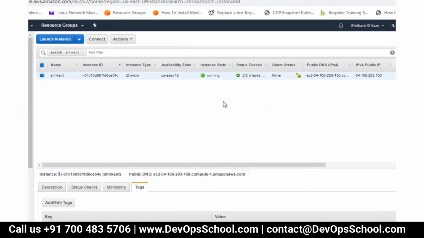So EC2 service will enable you to create an instance, either Linux or Windows, with the two options of storage. One is the EBS storage, other is the instance store. Both are block storages. EBS is a network attached storage, and instance store you can compare as a directly attached storage.